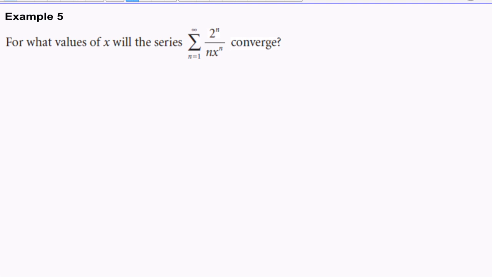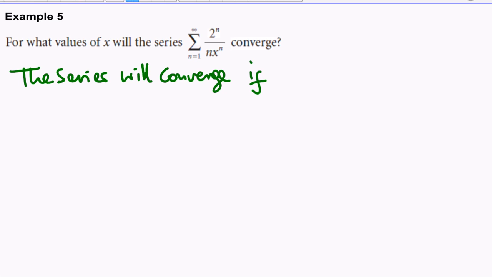By the ratio test, a series converges if the limit of S sub n plus 1 over S sub n is less than 1 as n approaches infinity. So the series will converge if the limit